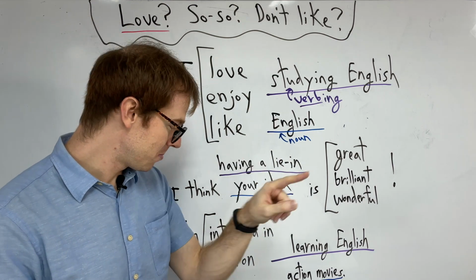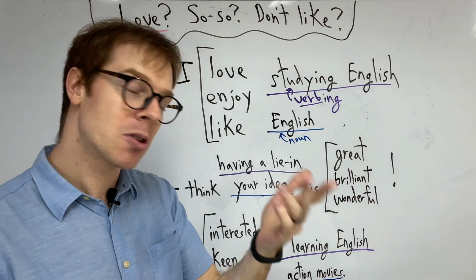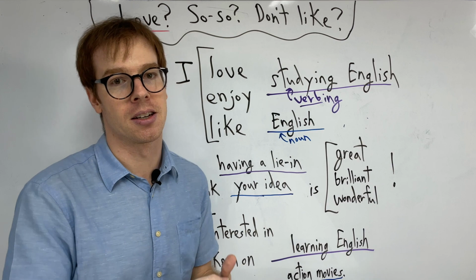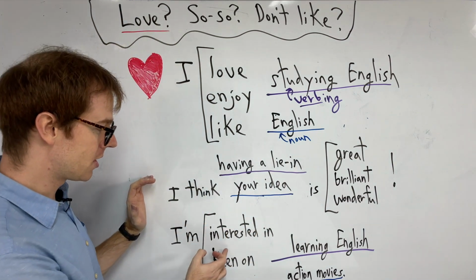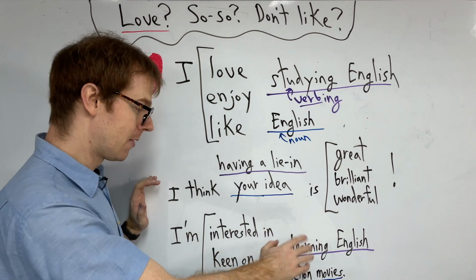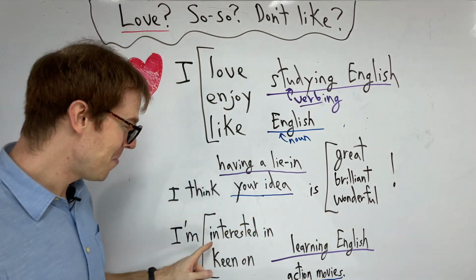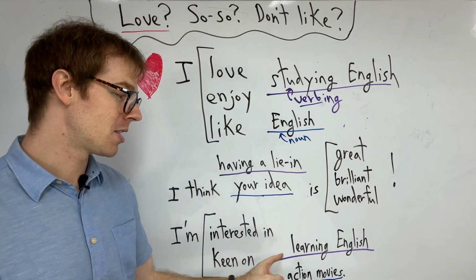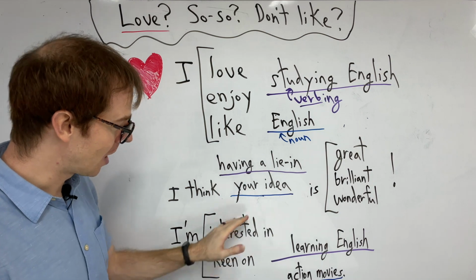And then one more. Some of you have heard people say, oh, I'm really interested, or I'm keen. We can also say what we're interested in or what we are keen on. Say, I'm interested in, I'm keen on, right? For me, I'm interested in learning Japanese. I think you are interested in learning English. And here, I'm keen on, I'm interested in.